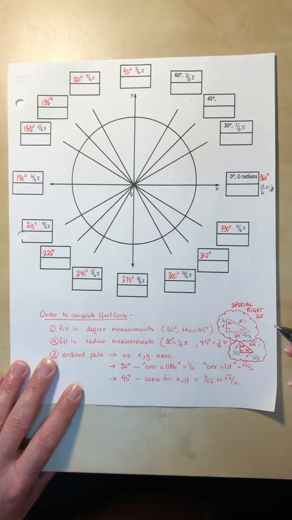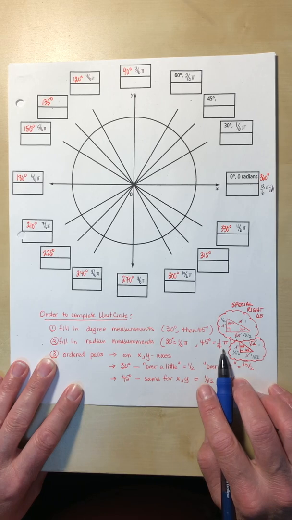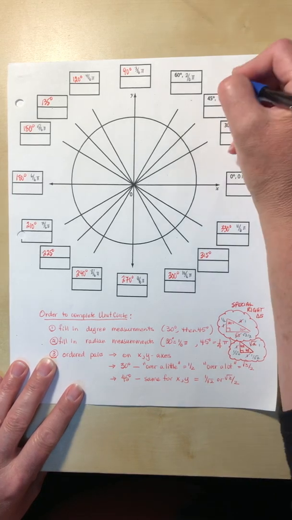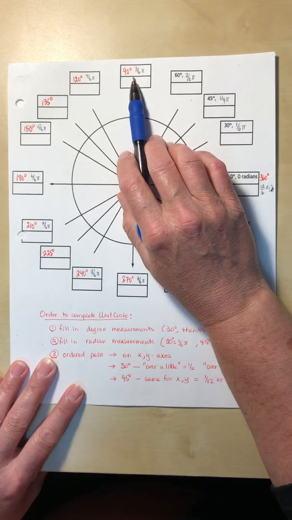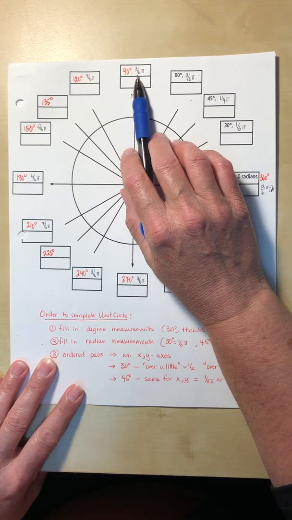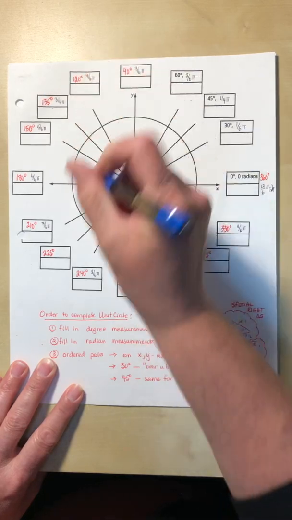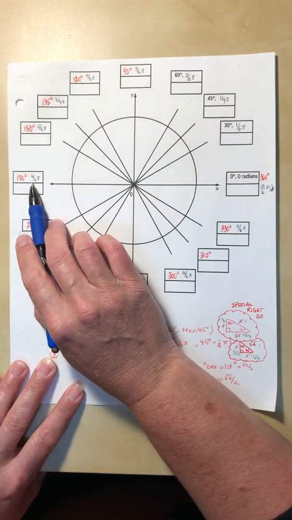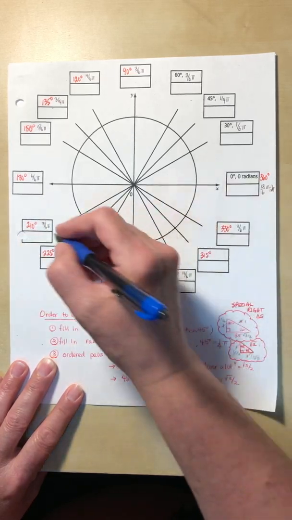So now I have my 30-degree multiples. I'll go back and focus on those 45s, and remember 45-degree measurements are equivalent to 1/4 pi, so I'm counting by quarters. So the 45 degrees is 1/4 pi. 90 degrees would be 2/4, which would be the same as 3/6 or 1/2 pi. So that would be 2/4, 3/4 pi. 4/4 would be equivalent to 1 pi, just like the 6/6 pi is. So that would be 4/4,